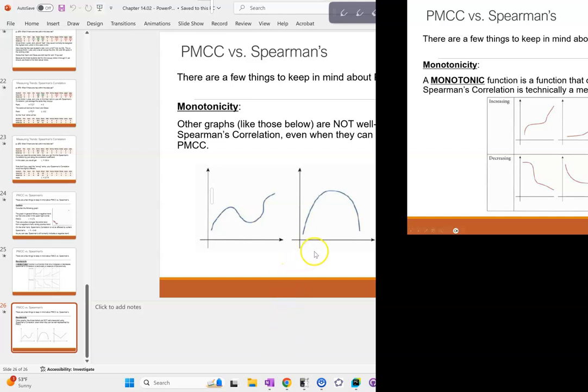So here we're increasing or staying the same, increasing or staying the same, increasing or staying the same. These are all examples of monotonically increasing functions. If the function is decreasing or staying the same, those are examples of monotonically decreasing. These types of functions are excellent candidates for a Spearman calculation. Spearman does really, really well on functions that are monotonic,